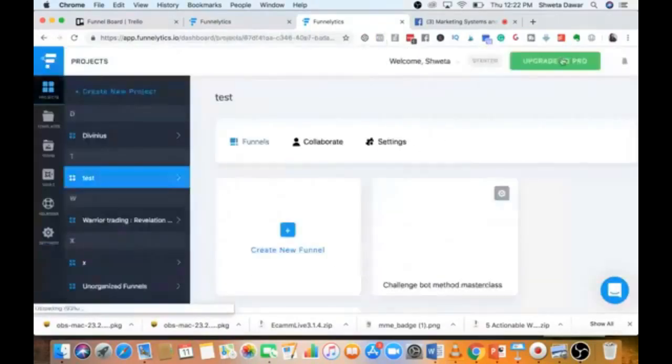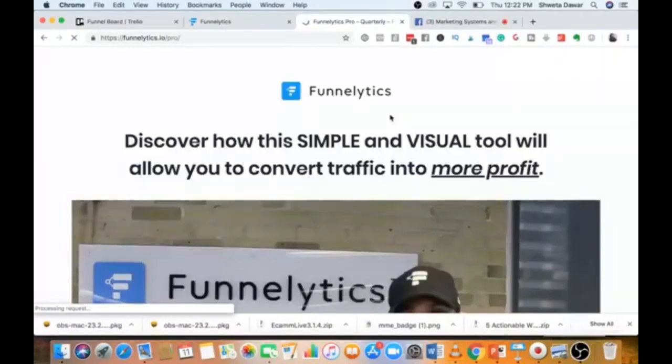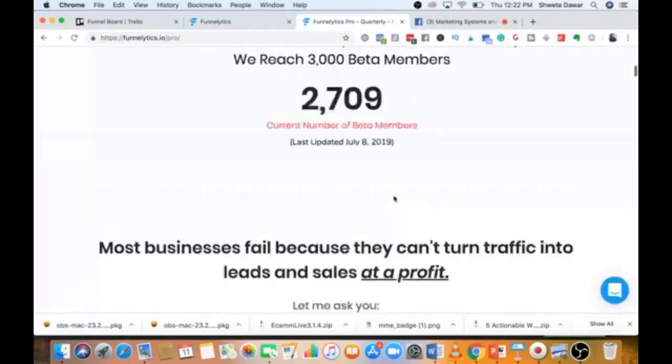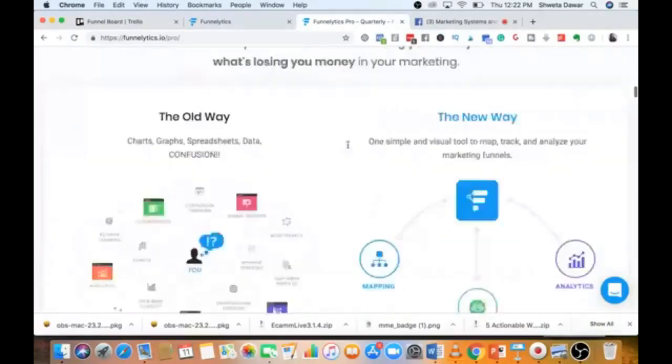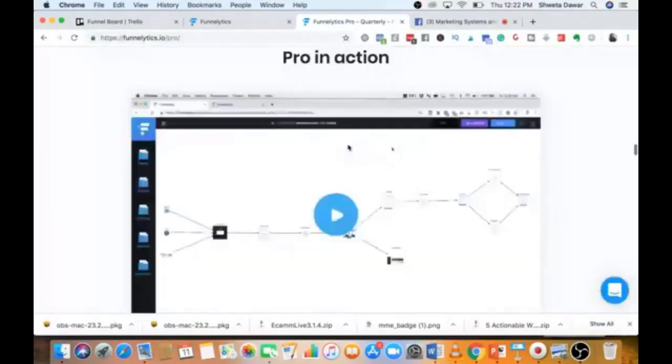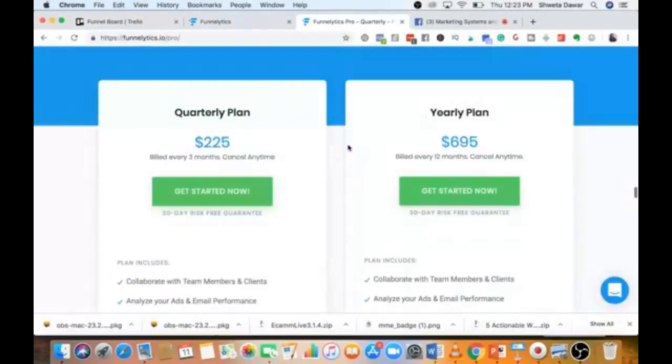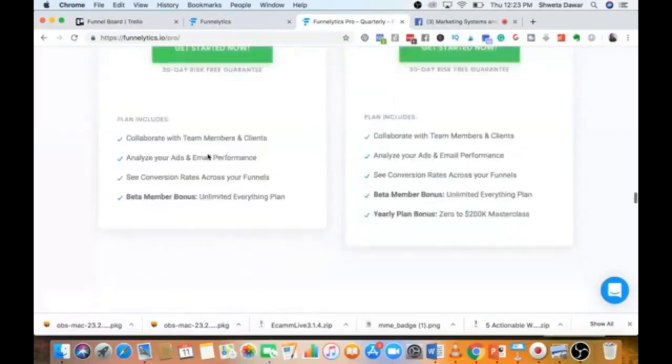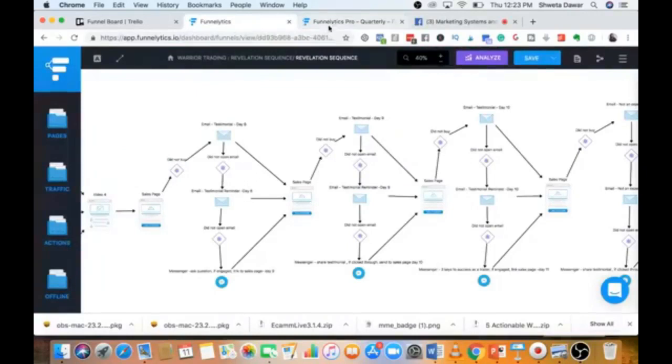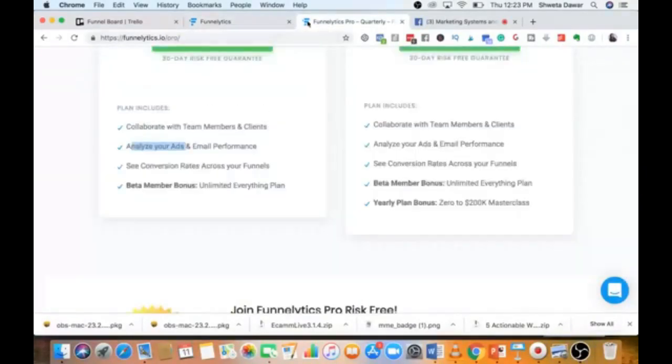So let's go back. I'm clicking on upgrade to pro. And here they're still in beta. And you can go through this page. They have a few demos. So they have the quarterly plan, which is $225. So it's about $75 a month. And you can analyze your ads and email performance, conversion rates. So all of these things can be added to this map right here by using the pro version. So that's the benefit. So let's go back to our funnel,